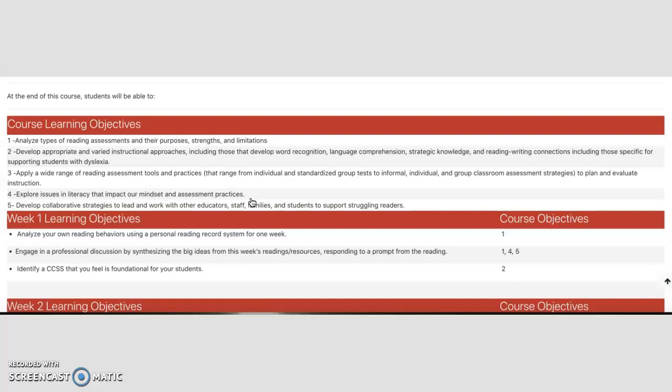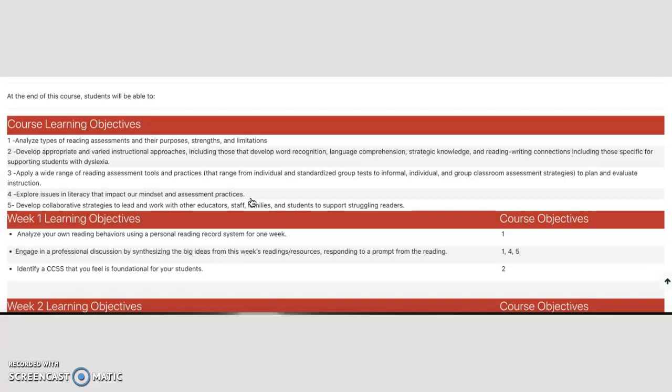Thirdly, we'll be talking about the different tools and practices. So again, one of the reasons I think assessment can get such a bad rap is the standardized assessment and high stakes assessment we've been seeing. We will be talking and digging into how we put together assessments, teacher-based assessments, as well as assessments like inventories, and how to best select the ones that meet the needs for our purposes and for our learners. We'll also be looking at our own mindsets of growth mindsets and issues around literacy,